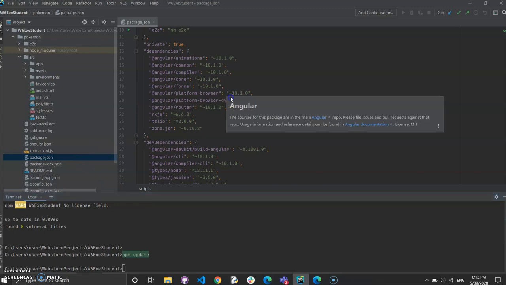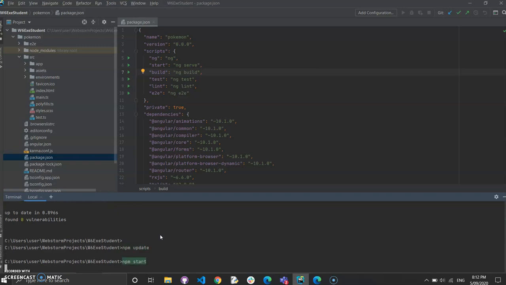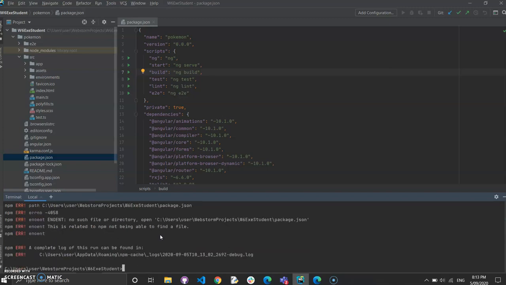Another feature that npm gives us is scripts. So whenever we use npm and then the script name, it would go to the scripts section of your package.json and run the commands under that particular script. So for example, right now if we want to test our application, we want to run the command ng serve. But if we just do npm start, we can run multiple such commands under the start and we can run it.